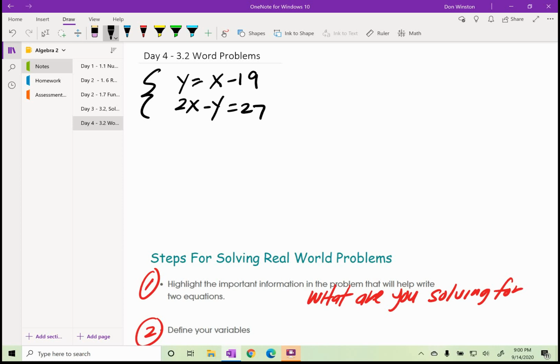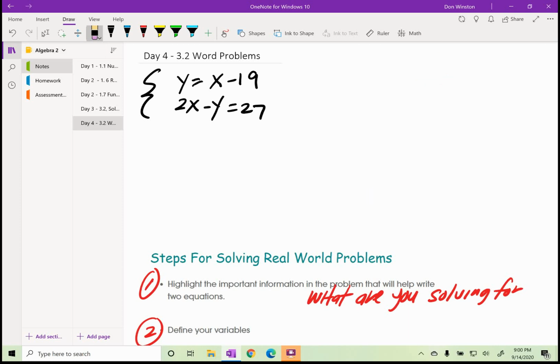Okay, day 4, we're going to continue on with solving a system of equations, but we're going to look at word problems. And I know how some of you feel about word problems, you probably feel like this here, okay? Sad face. But they're really not so bad as long as you follow a couple steps. They're quite easy. But before we get into word problems, I am going to look at one problem you had